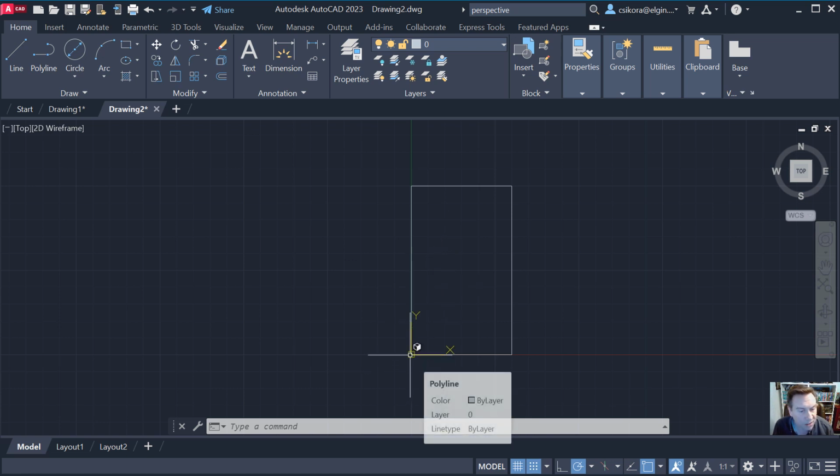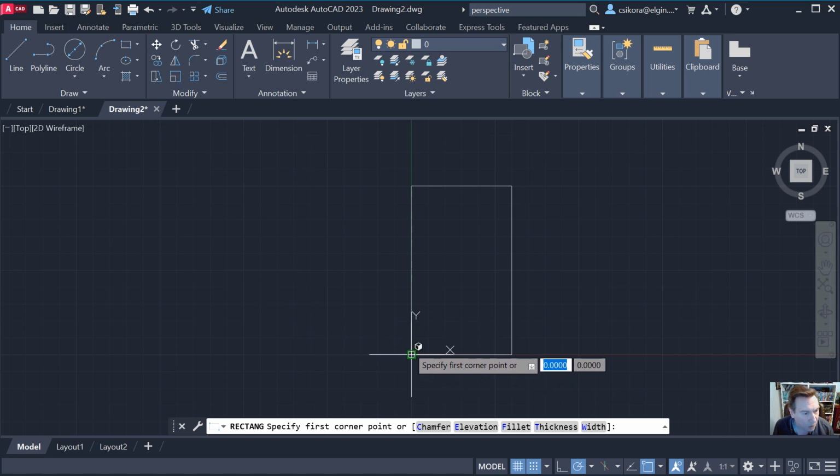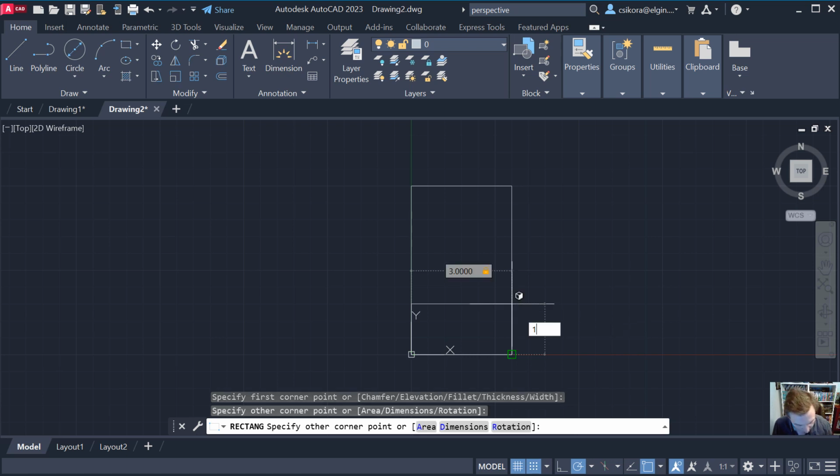But what we want to do next is put in a rectangle here at the bottom. So go to the Rectangle tool again, and we're going to click on that corner there, drag it up and to the right, and it's already at 3, but you could, if you wanted, type in 3 and hit Tab, and that will lock it in, and then 1.5,